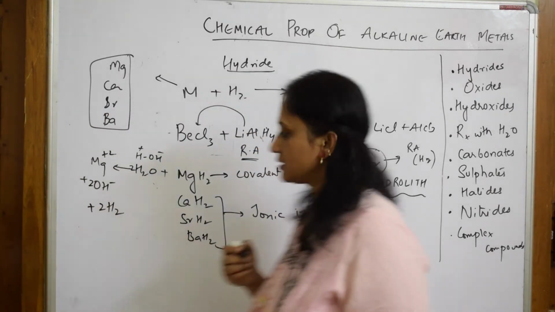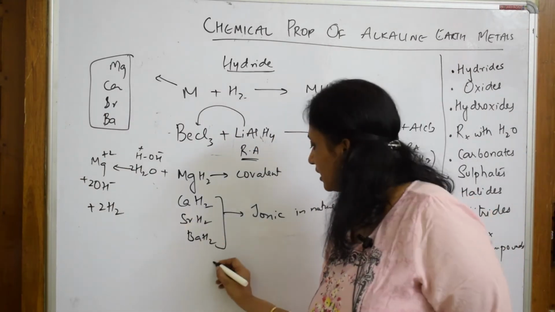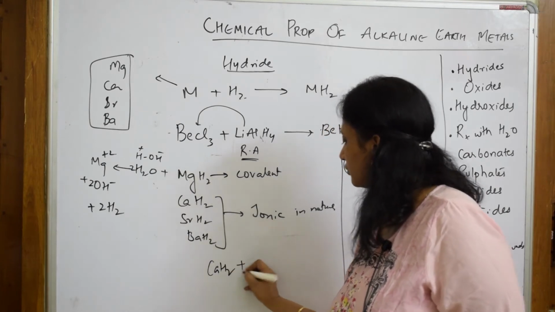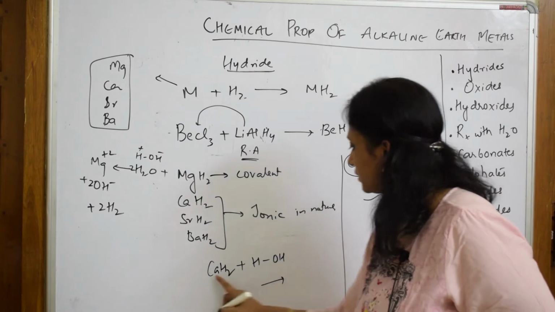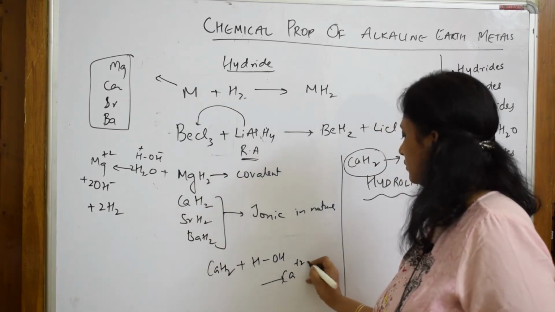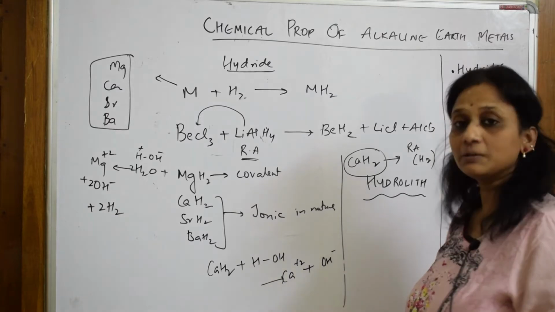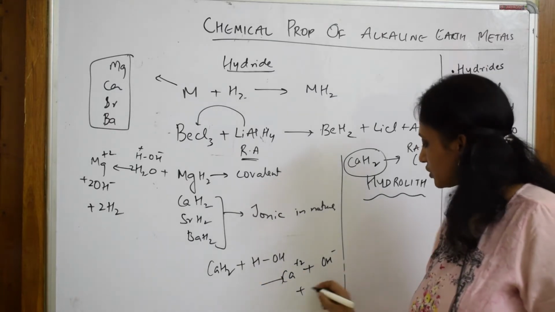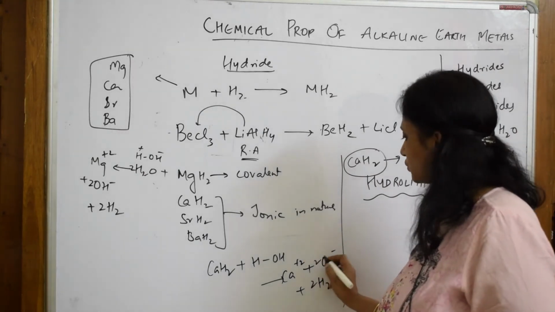Now the same thing. Suppose I take calcium hydride, let me take hydrolith now. When I dissolve calcium hydride in water, what are the ions formed? It breaks up into calcium 2+ ion, OH minus ion, plus the hydrogen gas that is released, correct? So now to balance: 2, 2 and 2.